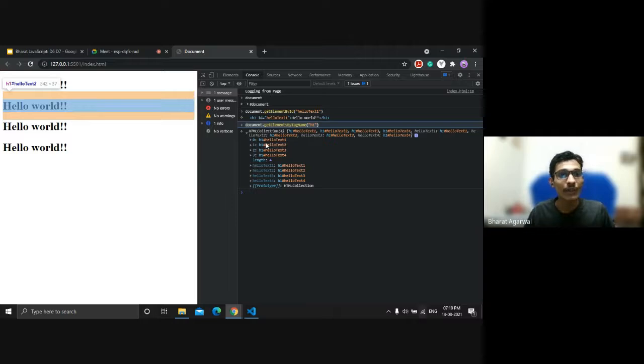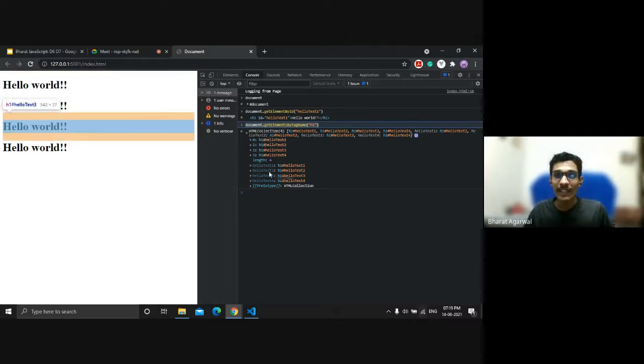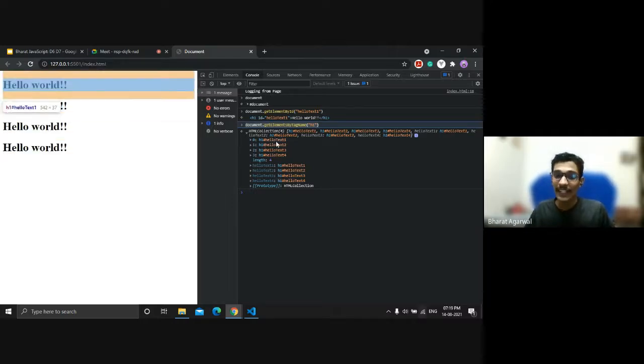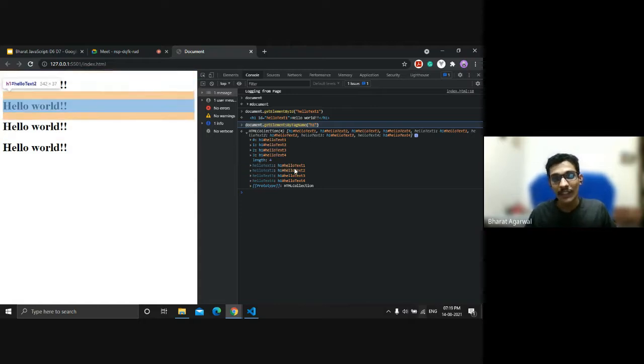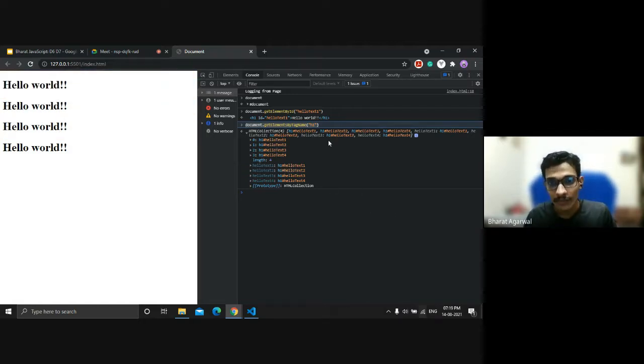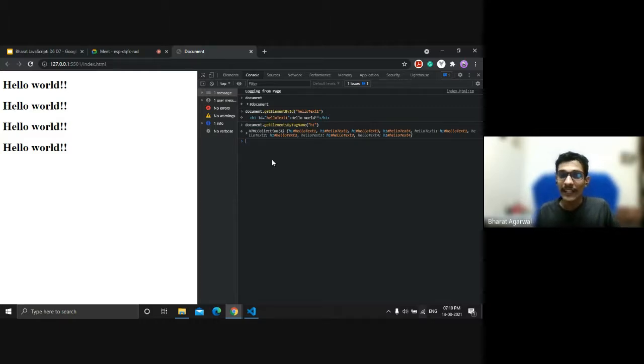We'll be creating a to-do application today which has features like you can add a to-do, you can delete a to-do, or you can just cross it if you are done with the to-do. And if I show you how you can create an element, let's suppose I have let new